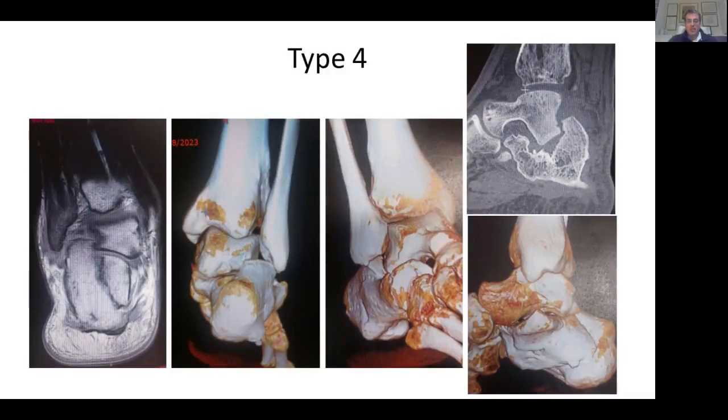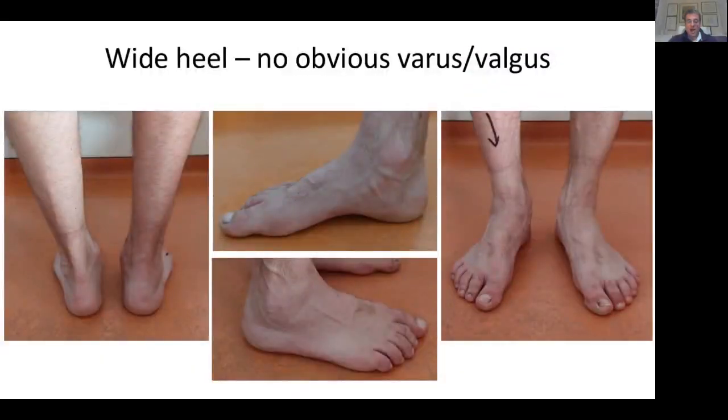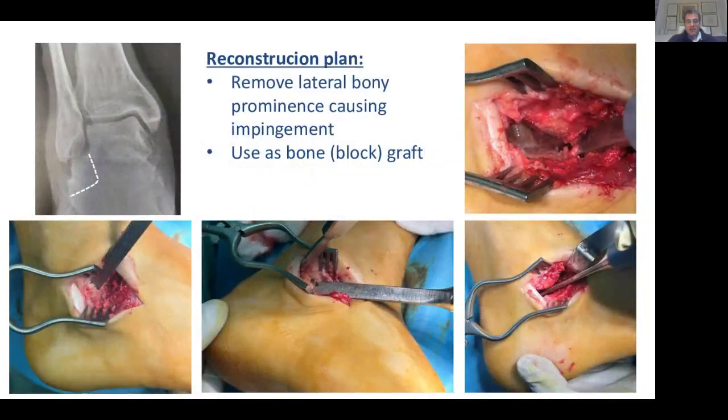And he's a young patient with devastating pain, a wide heel, but without any clinically obvious varus or valgus deformity of the hindfoot. In this case, and bearing in mind he is a smoker, so maybe a high-risk patient for complications with major surgery, a sinus tarsi approach is probably preferable. And what I did here is I removed the bone from the lateral aspect of the calcaneum and used it as bone graft to do a bit of a distraction.